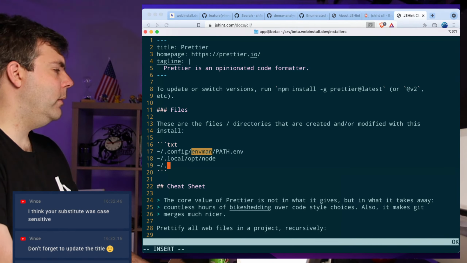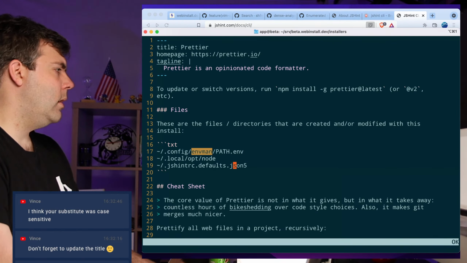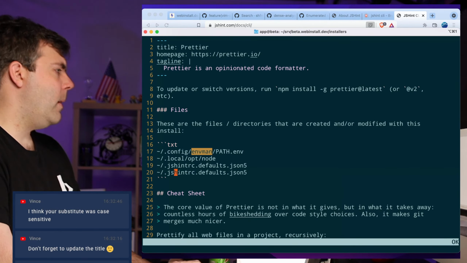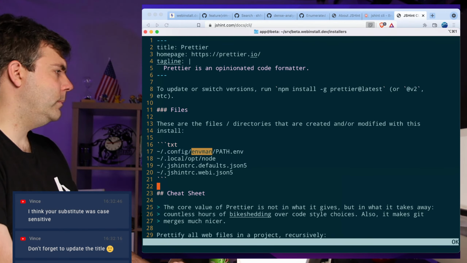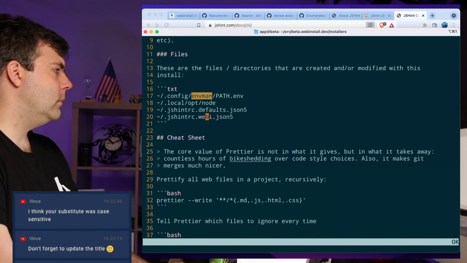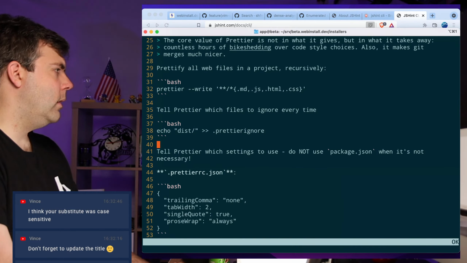I think I'm going to do this. .jshint rc.defaults.json5. And then I'm going to do .webi.json5, and that is what I'm going to do. Doing it full send. And then I'm going to say,